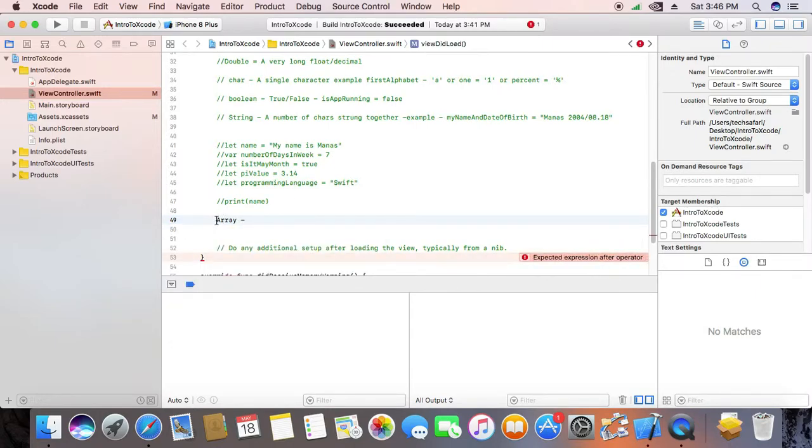Oops, I forgot to comment that out. So basically an array is nothing but a group or a collection of a single type and related variables. Suppose we have an array called days of the week that would contain the values Monday, Tuesday, Wednesday, Thursday, Friday, Saturday and Sunday. So arrays work in a similar fashion and they are